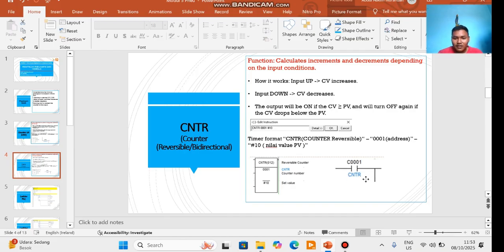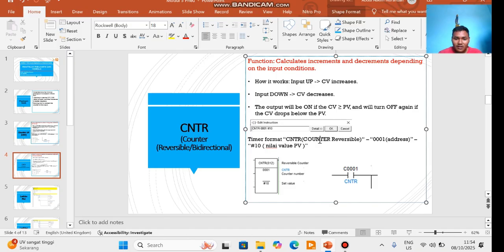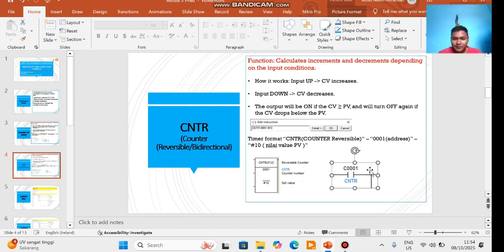In this picture you see it uses a normally open function and the address C0001, the same address as before.